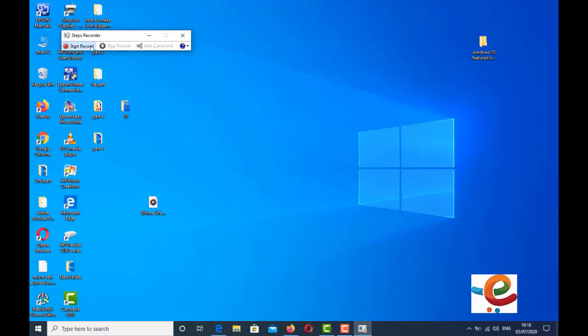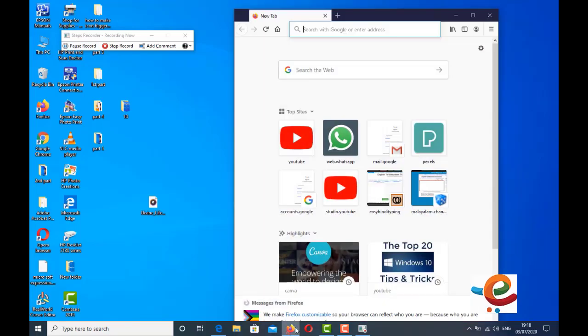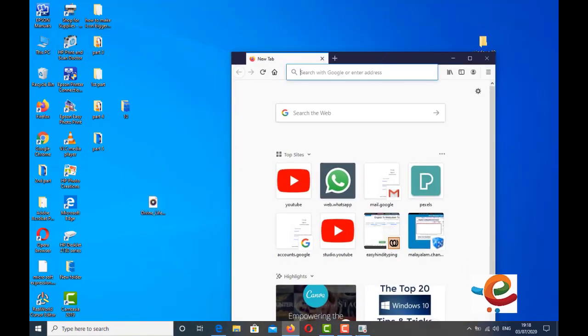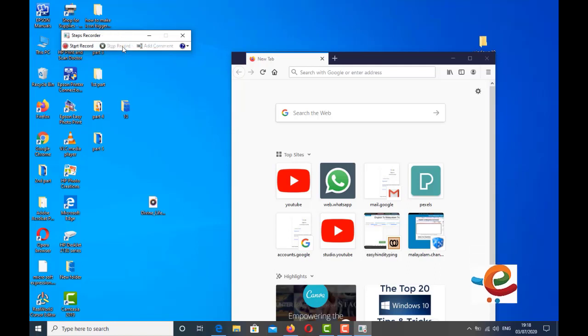Try to start record. Do something. Open browser, and move the browser around. After that, you can stop record.